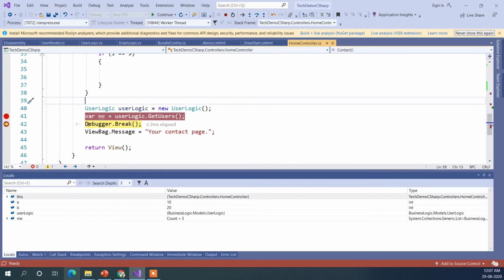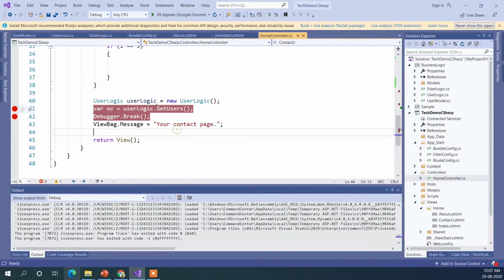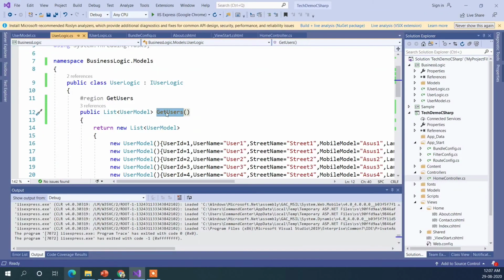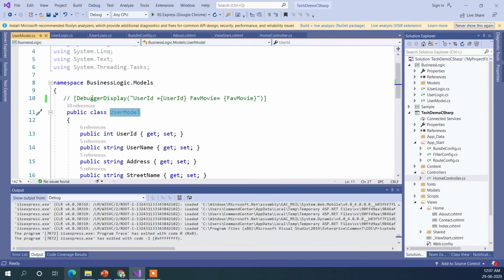So for that we need to use this Debugger.Break, right? And another thing we need to change is we need to go to that particular class and add DebuggerDisplay. Here this will be a constant string, and this will be the placeholder for the properties.